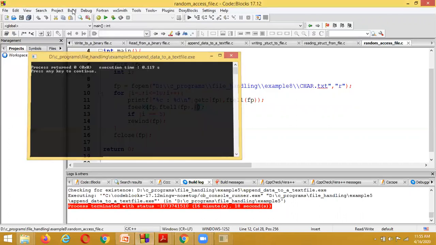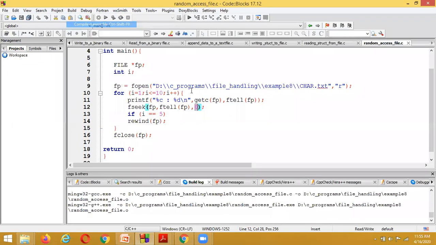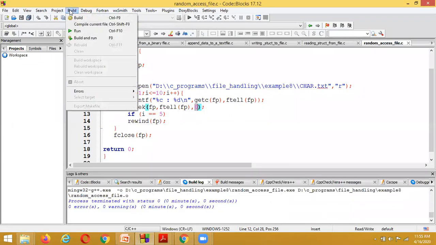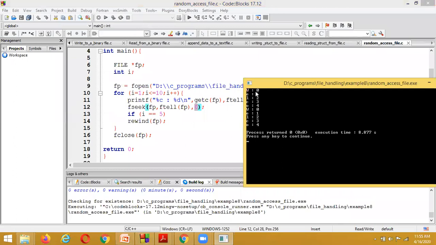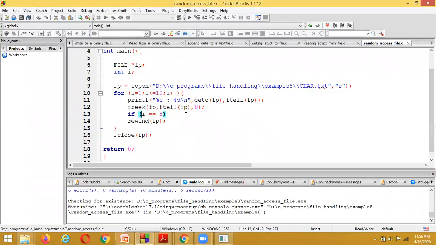Before executing, build and compile the current file. Now it has been compiled successfully. Now I am executing the program. The output displayed is "Welco", with the 4th position as O. If it is the 5th position, we want to move to the starting position.